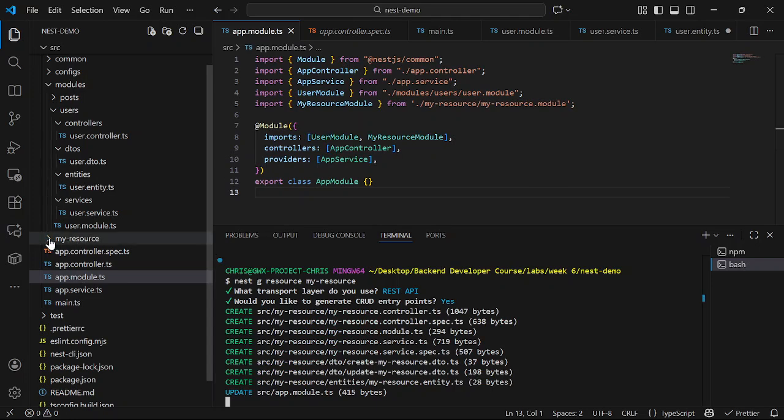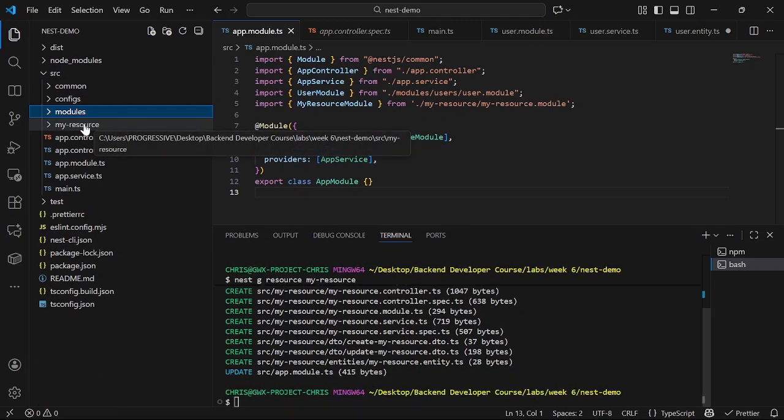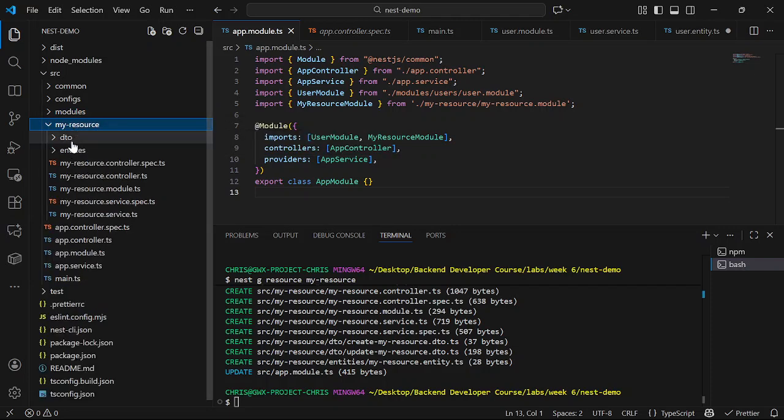This is the folder it created. My resource is different from what we have. It created it in the src directory of the project. If I expand it, this is everything it created for controller, DTO, entities, and the rest. And you can see the same files here, right? You can see the ones that end with .spec.ts.